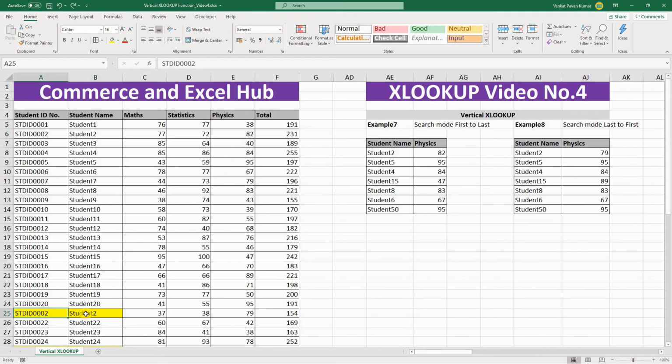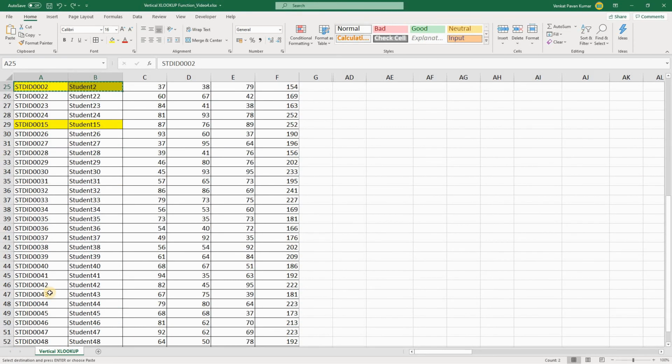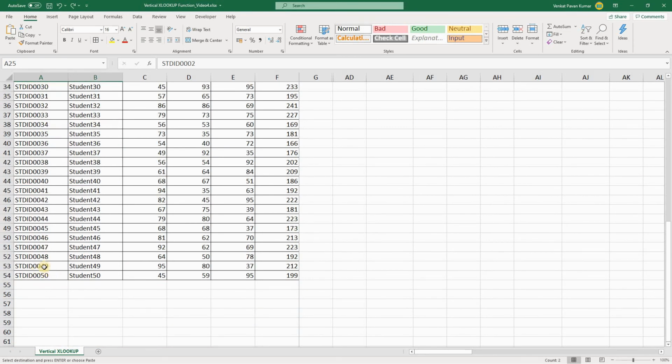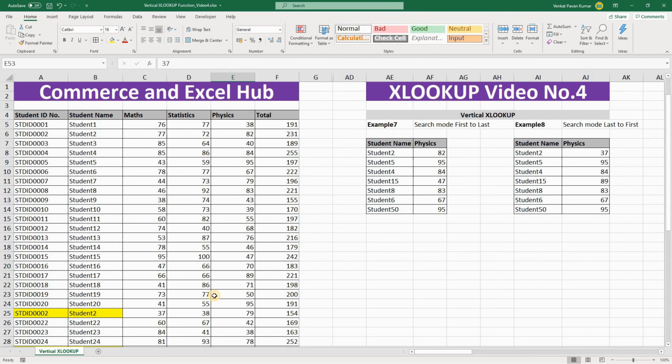So let us see. So here I have student 2 information, and now again I'm going to replace this student 49 information with student 2. Okay, and the score of student 2 should be 37 now. Okay, let us check. So we can see in example 8 the student 2 score is updated as 37.